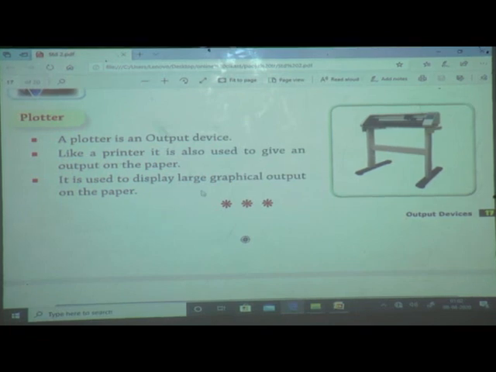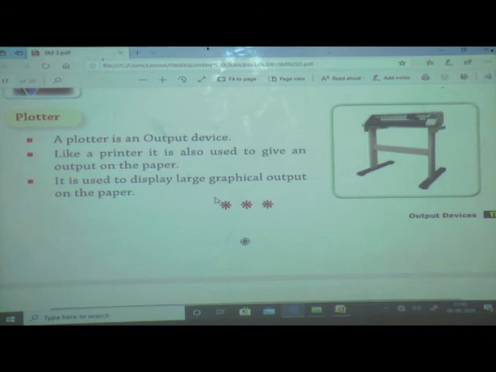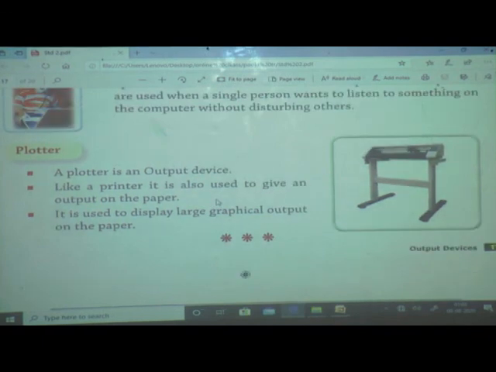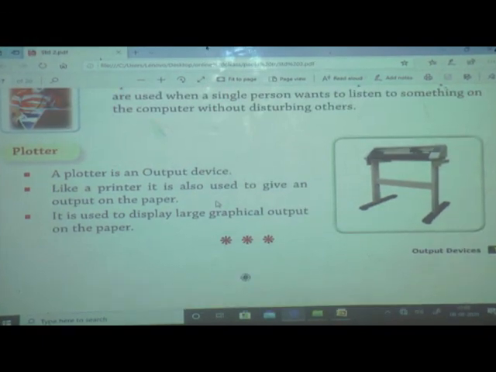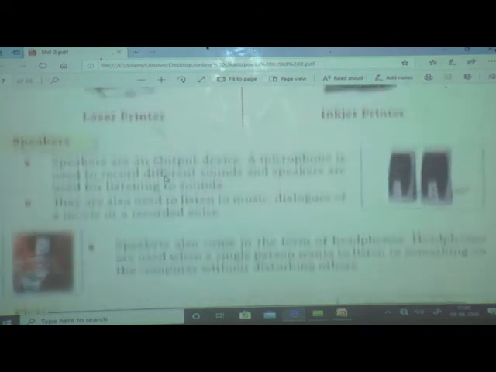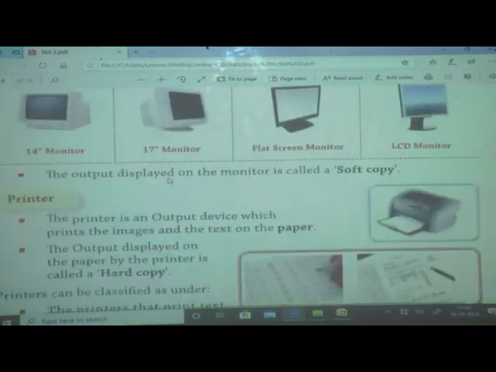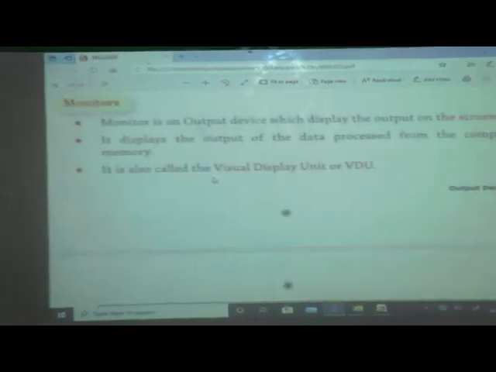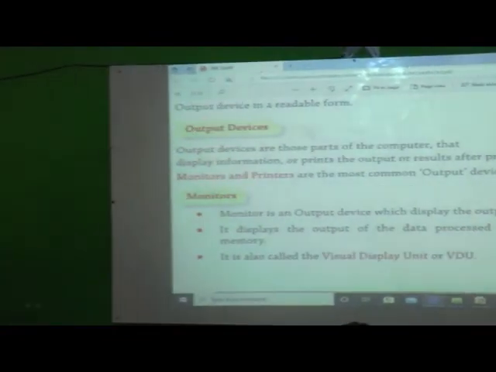We saw what is the use of a printer. A printer is useful for getting a hard copy. The book we are using is printed on a printer. But if you want large graphic output, at that time we are using the plotter. Understand what we saw in that chapter? First are the main output devices. Which are the main output devices?